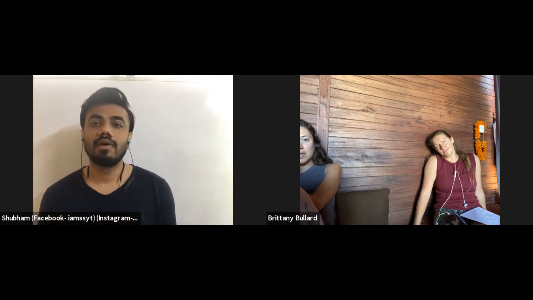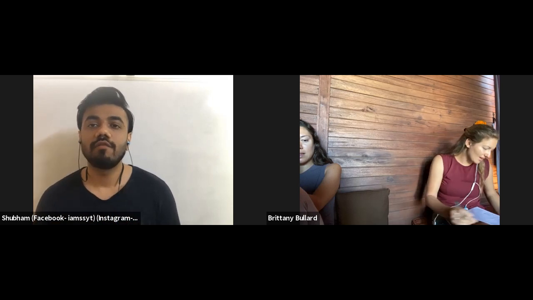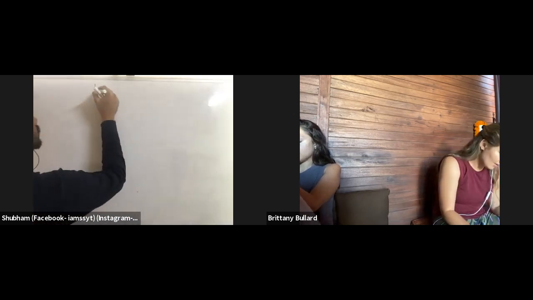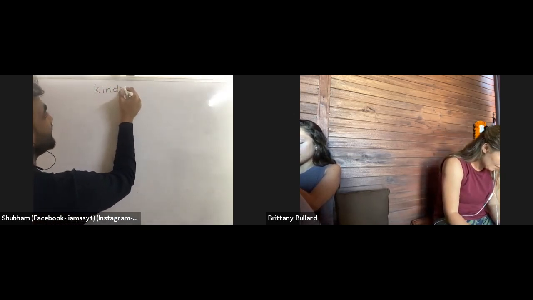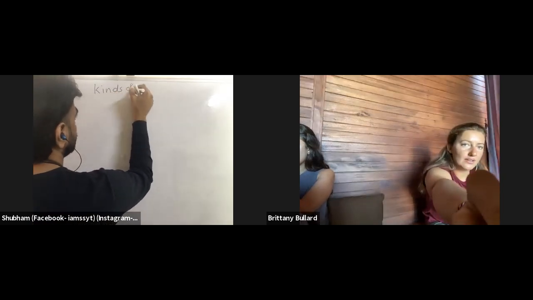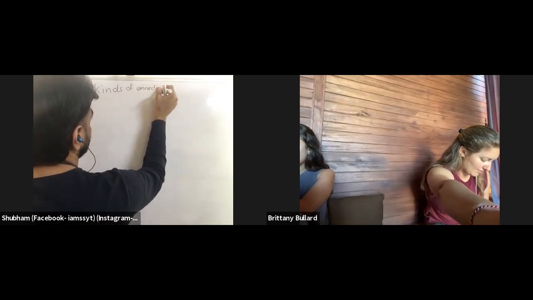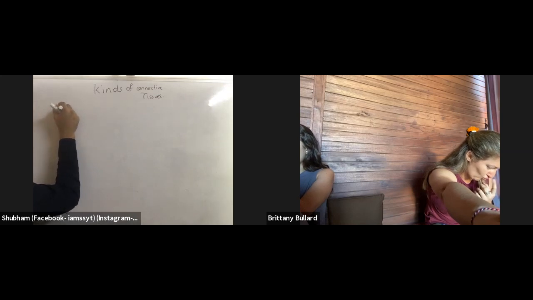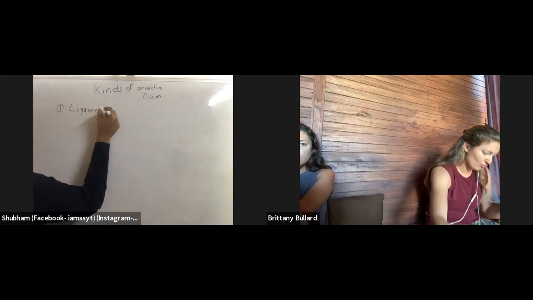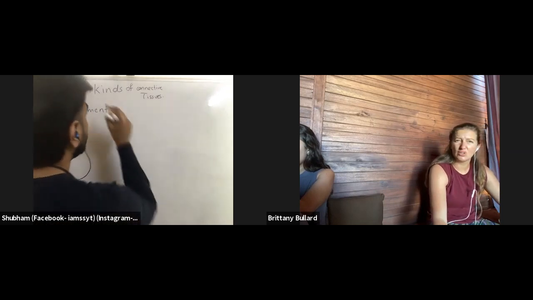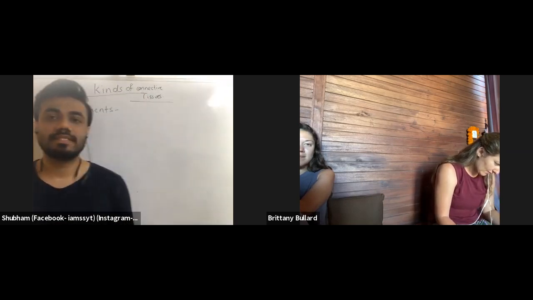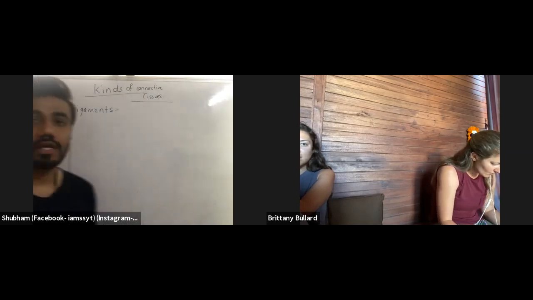Apart from this, now we will be seeing some types of the connective tissues. So what are the connective tissues? What are the tissues? Ligaments and tendons, yeah, ligaments and tendons connecting tissues. Now, ligament, first one. So connective tissues, ligaments, tendons. What are these ligaments in our connective tissue?